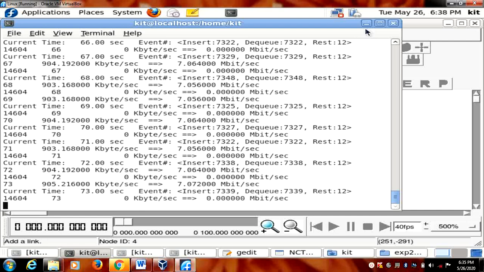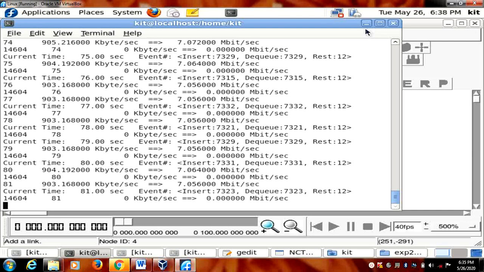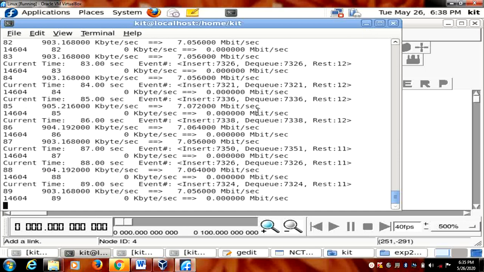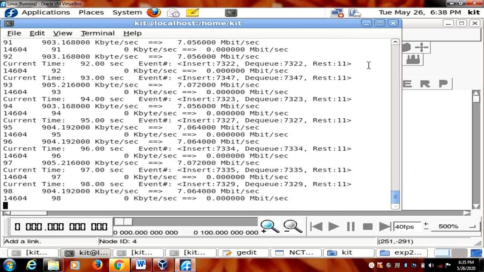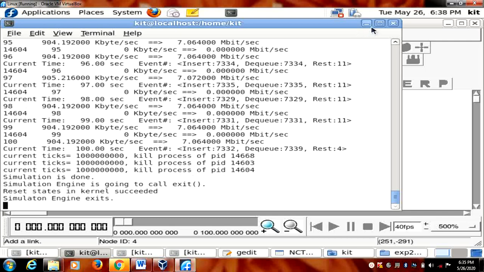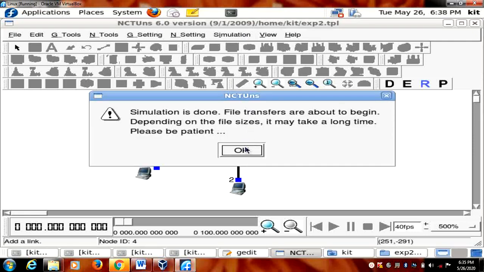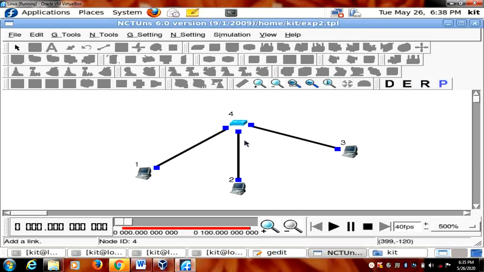Just 10 minutes, finish off. Like this, you have to tabulate the things. Graph, if you require, you can plot the graph and show it. If the examiner asks, you can show it, otherwise it is not required. Just open the result and show it and tabulate, it's enough. Okay. Simulation, start. Okay. Get the bar, no need to play again and again, it's okay, no problem at all.